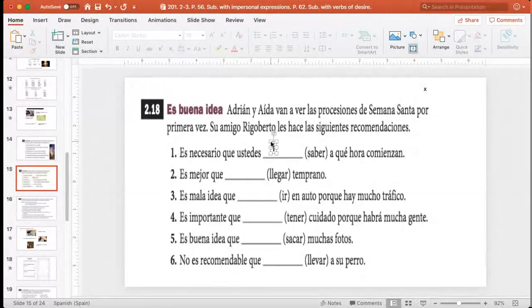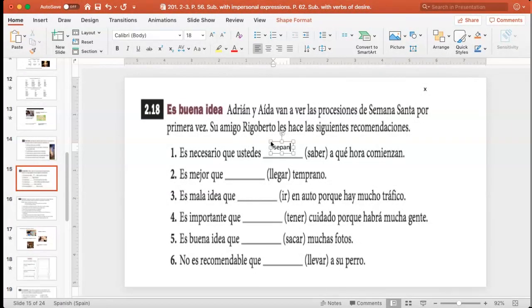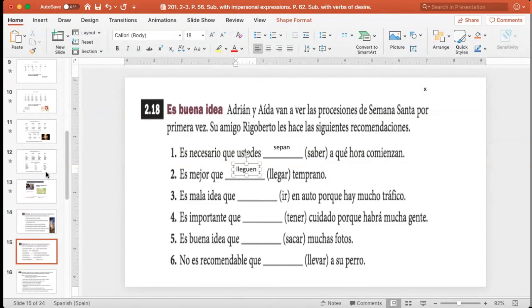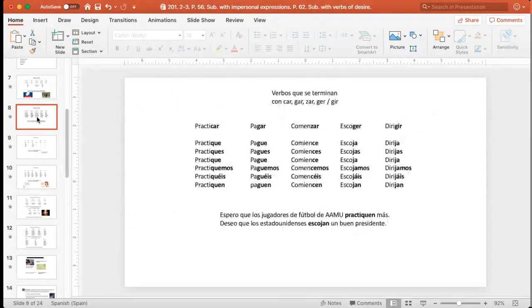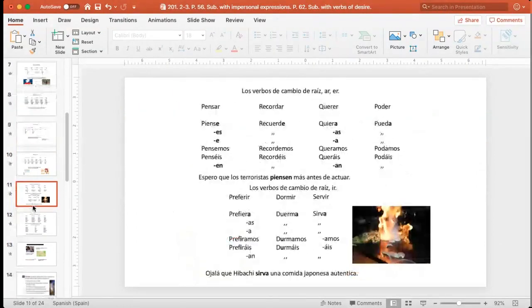Esto es, sepan, ¿vale? Es mejor que lleguen, ¿no? Temprano. Okay. Now you can use the conjugation chart that I put here, but in fact, if you